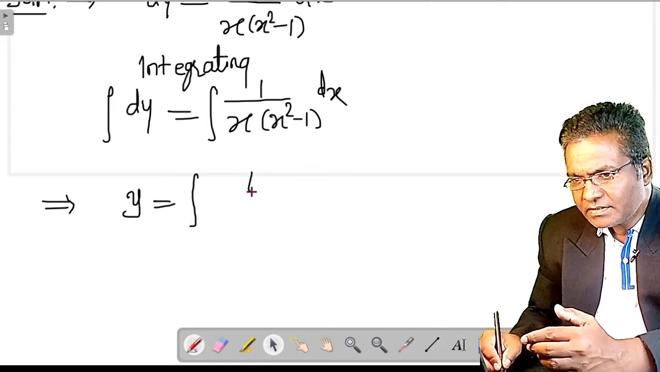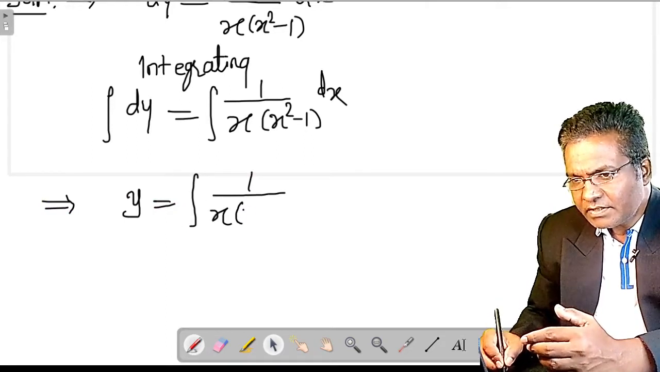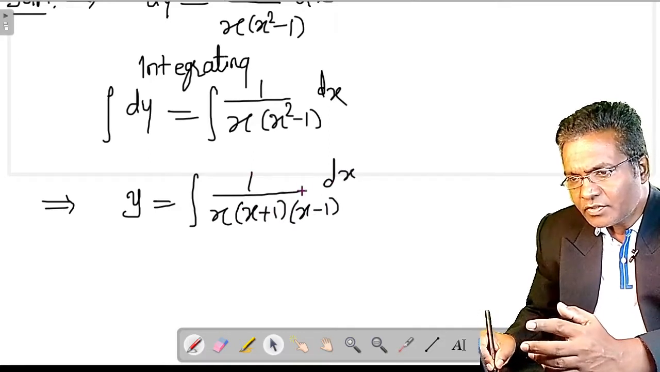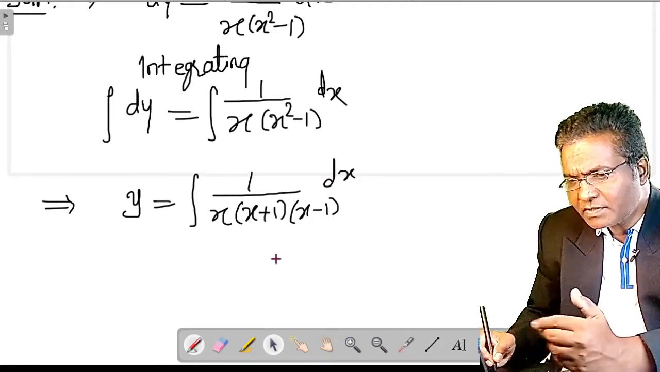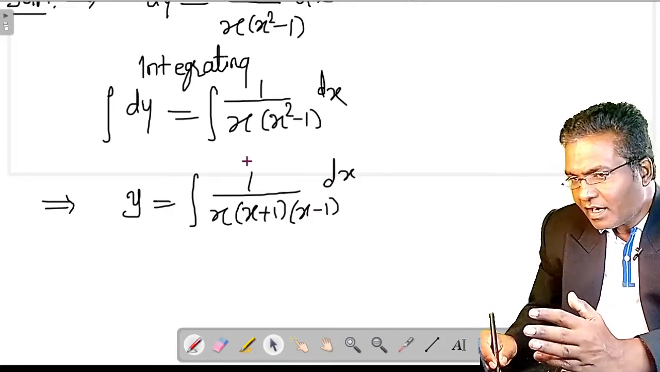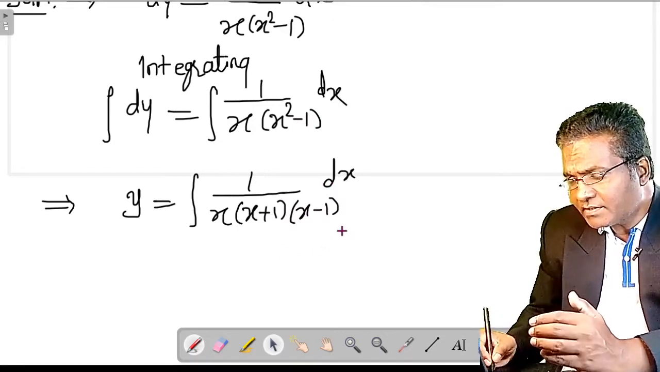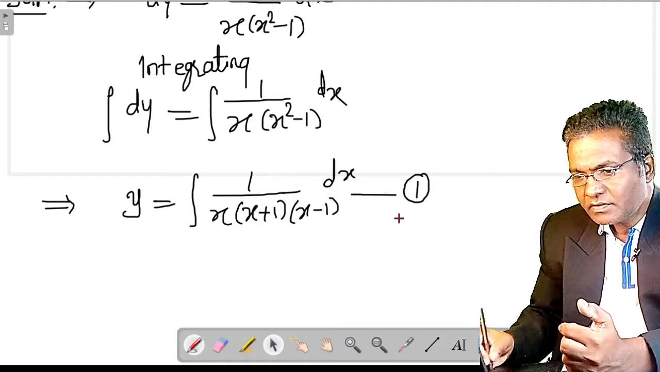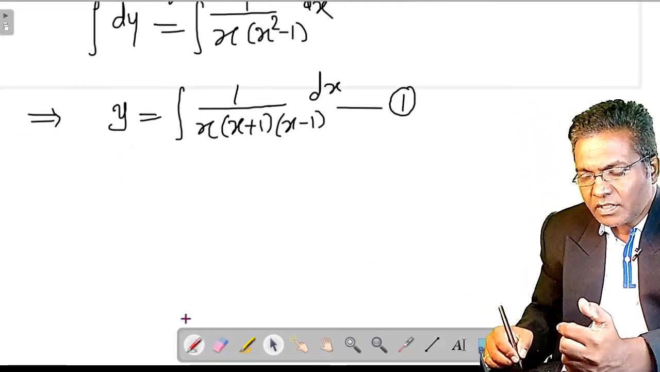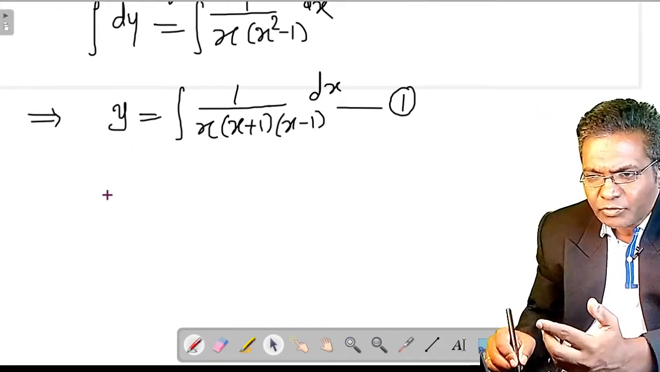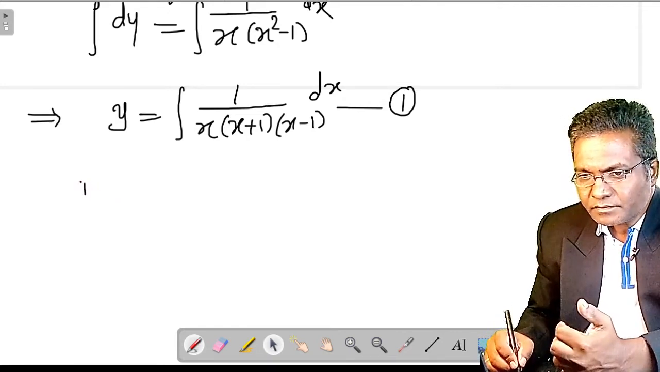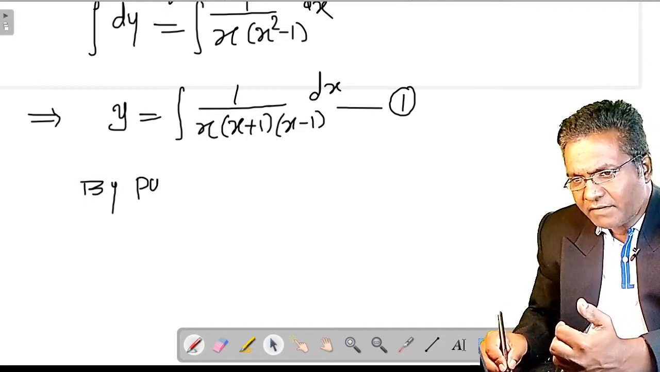and here you think of the method. Okay, so I can write x square minus 1 as x plus 1 into x minus 1, and as you know, you can integrate this by partial fraction. So I will be doing it in detail, so that by practice you can do it in a short time. Okay, by partial fraction,